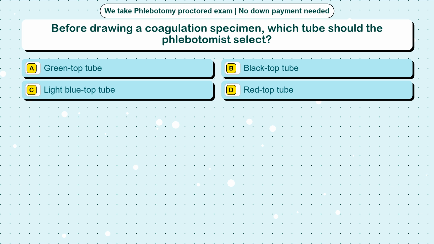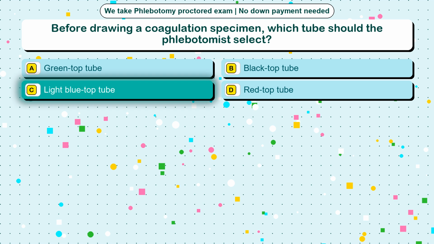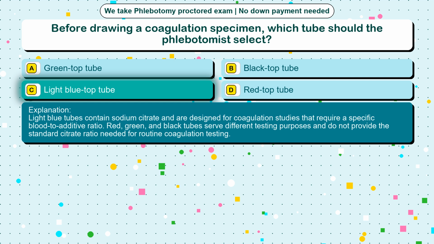Option B, black top tube. Option C, light blue top tube. Option D, red top tube. The correct answer is option C, light blue top tube. Light blue tubes contain sodium citrate and are designed for coagulation studies that require a specific blood-to-additive ratio. Red, green, and black tubes serve different testing purposes and do not provide the standard citrate ratio needed for routine